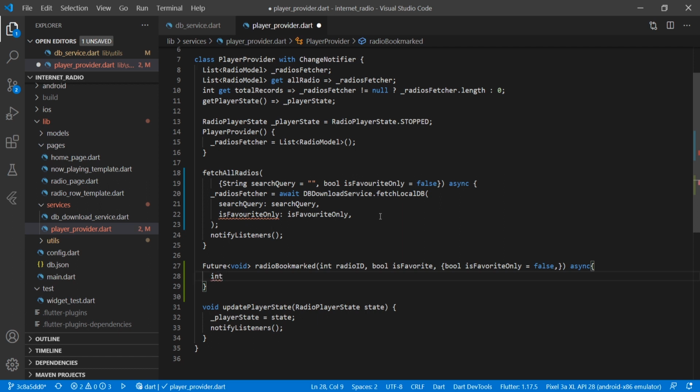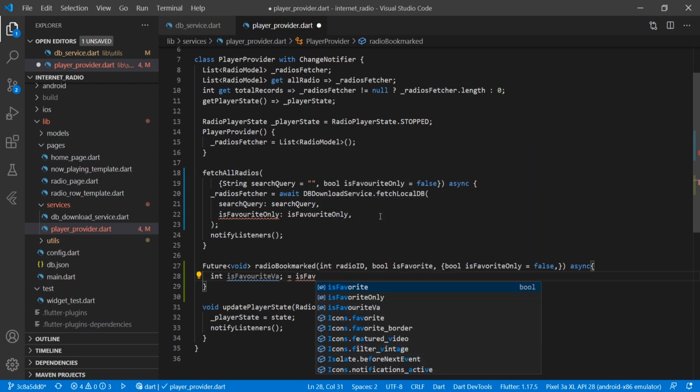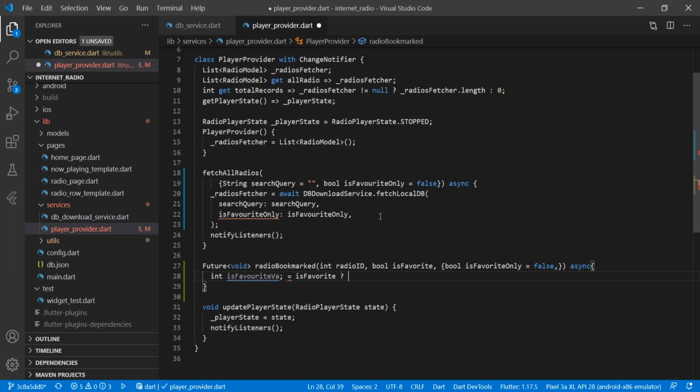Now here we will check isFavorite. The value is equal to isFavorite, then we make it 1, else we make it 0, because in our SQLite we can't save the variable as a bool. For doing that we have to make it an int.